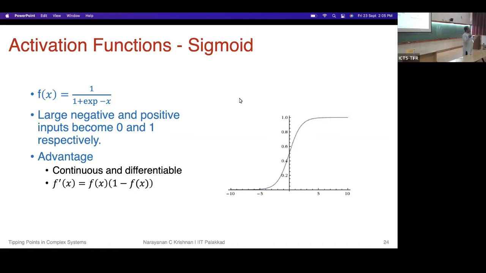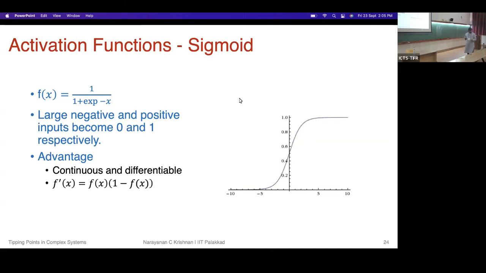So it takes your real line output and squishes it within the interval 0, 1, right? If you take any real number, it converts into a value within the interval 0, 1. And importantly, as the real number goes closer and closer to positive infinity, sigmoid converges to 1, and in the other direction it converges to 0. Okay,